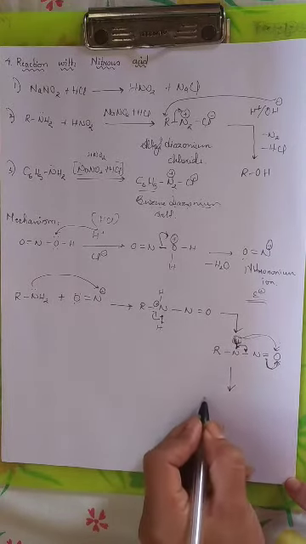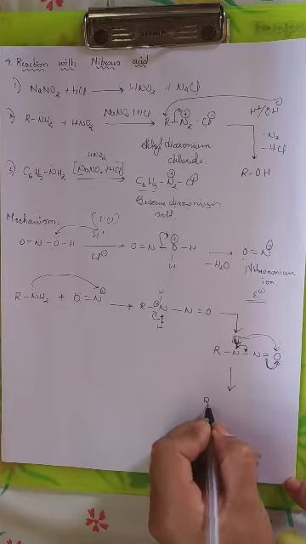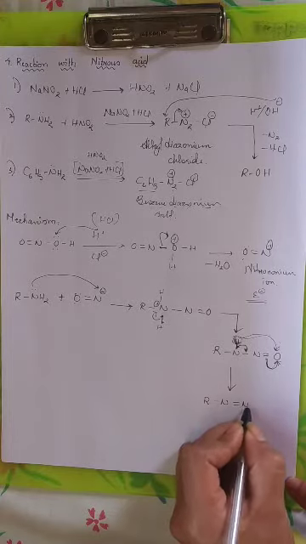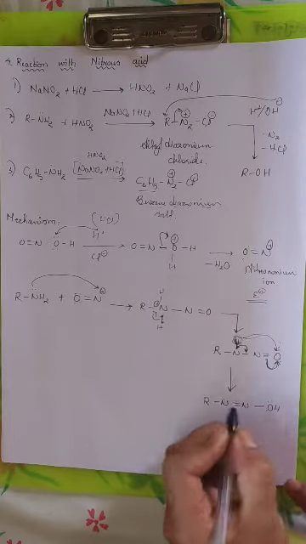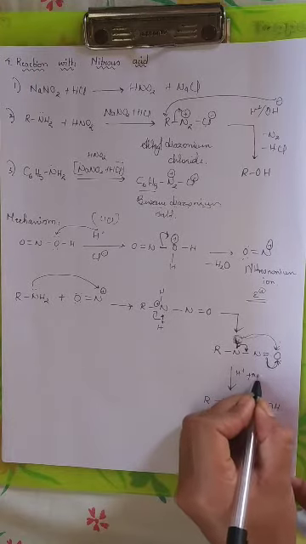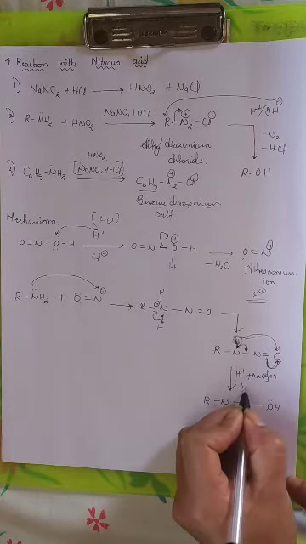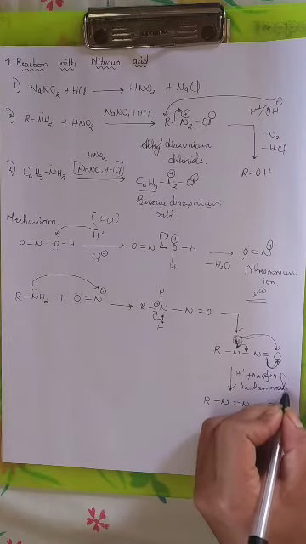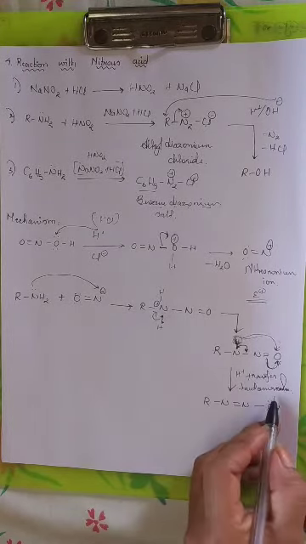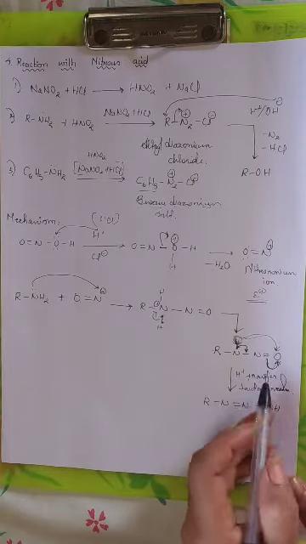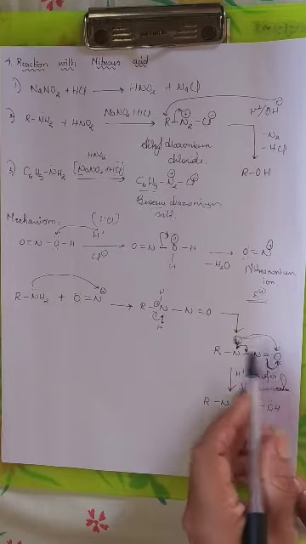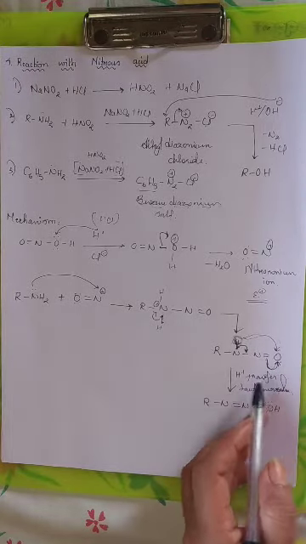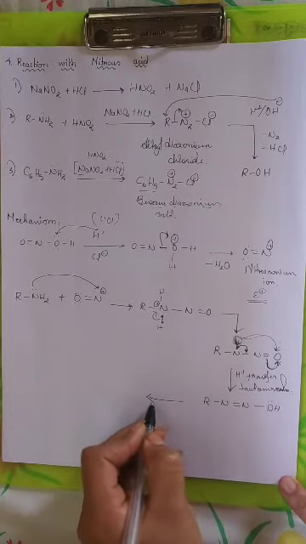Therefore we will be getting here R N double bond and OH. Now there is proton transfer as well as tautomerism. Tautomerization takes place because tautomerization is when an atom having an oxygen atom has an acidic hydrogen nearby. Therefore we know that this oxygen atom has an acidic hydrogen nearby, so this tautomerism takes place, and then we will be getting here